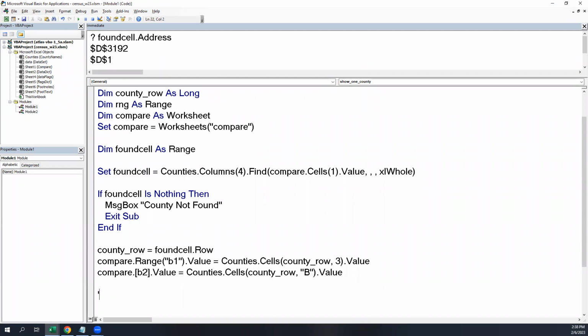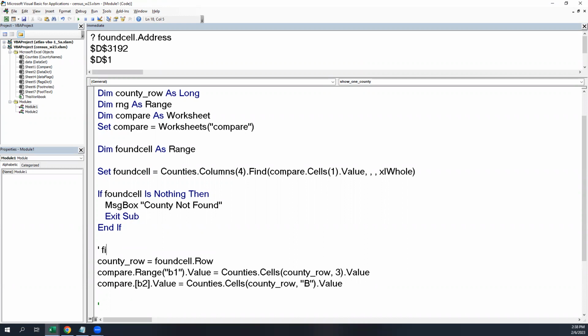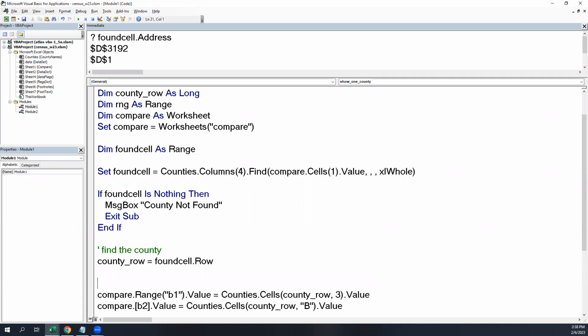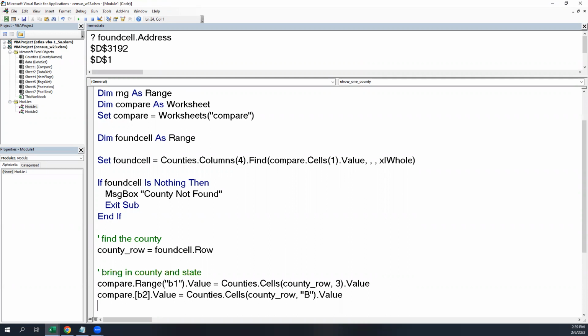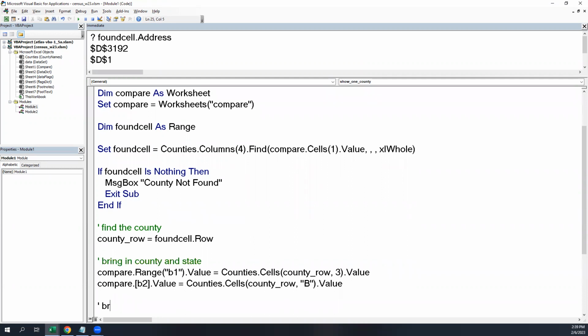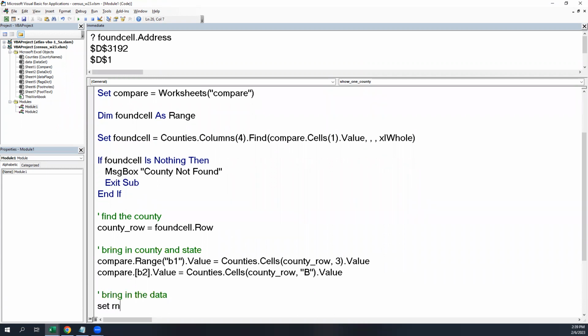Okay, so maybe I'll put a comment for myself. Maybe I'll do the comment here. So this is find the county. This is bring in the county and state name. And then this is bring in the data. So set RNG equal to, okay, now I know it's on my sheet called data. So I've got a code name right over here. That's the data sheet. So data dot,